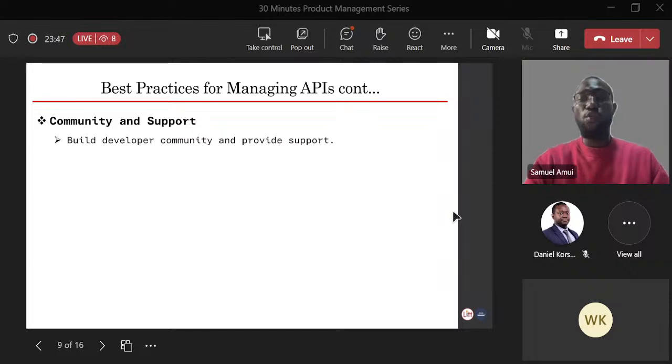So with software providers or API providers like Paystack, what they have to do is provide a community of developers, which also has internal people from Paystack that will be there to help people who are having issues with their API. And then they should provide support for them. So if someone is trying to get access to your API and they are having issues on your website, there should be available contacts, whether by email or phone, so that they can reach out to you for help.